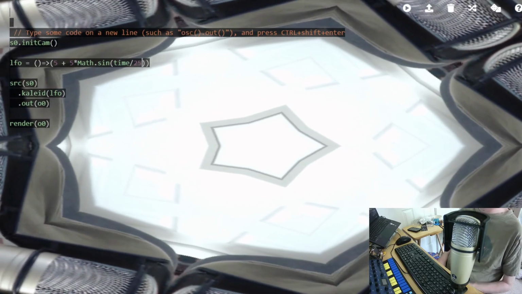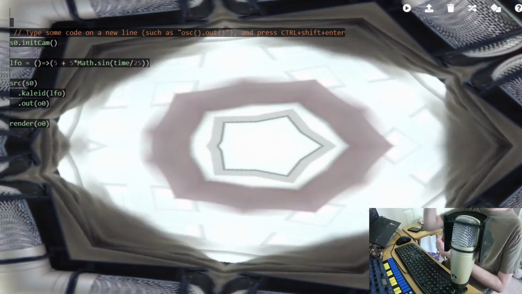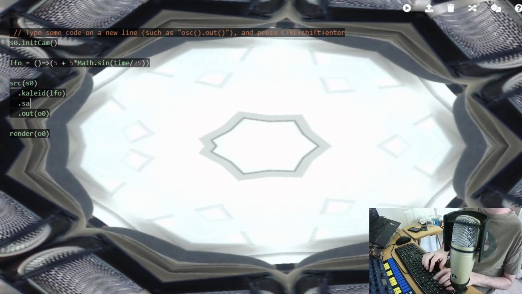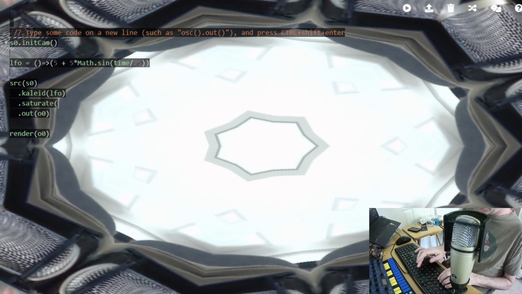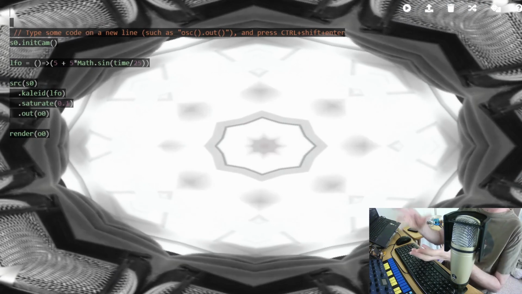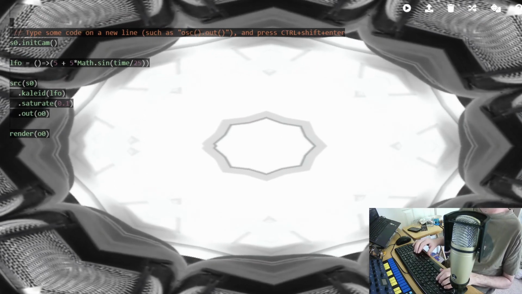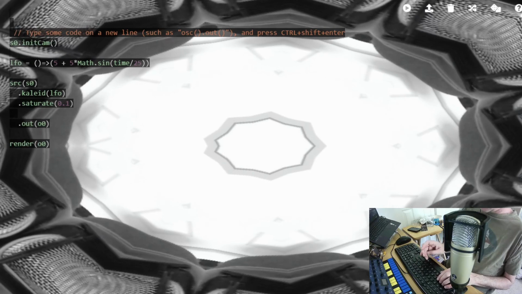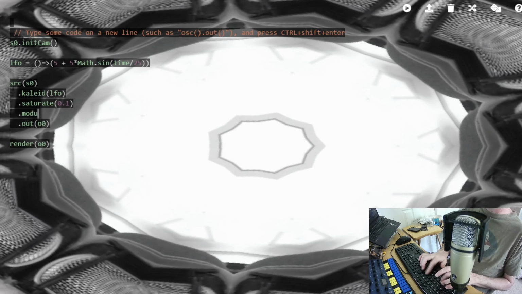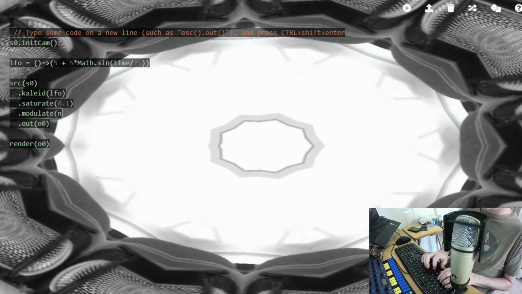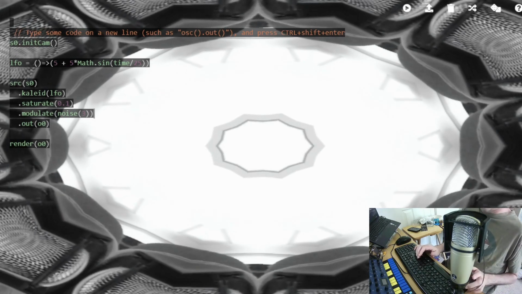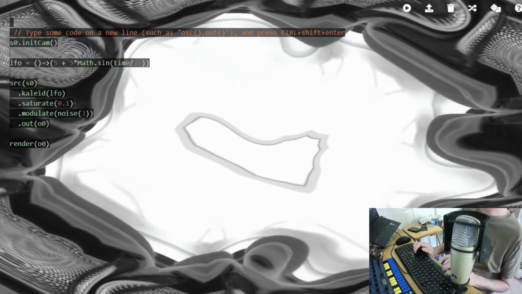So now we have a visual language. We can permute it in interesting ways. We can change the color or remove color. So here's a black and white version of this. We can also add noise to this by including other modulators. And so one of my favorites is to add this noise and modulate what I'm seeing.